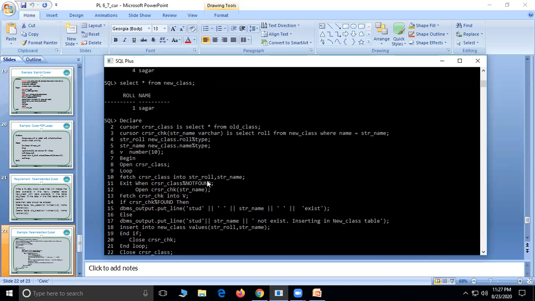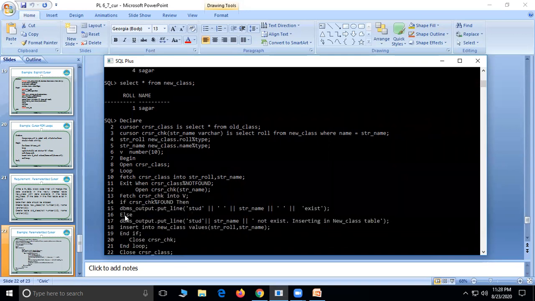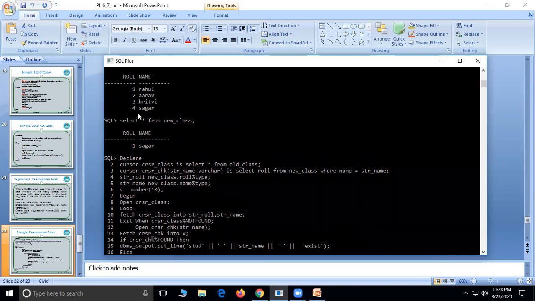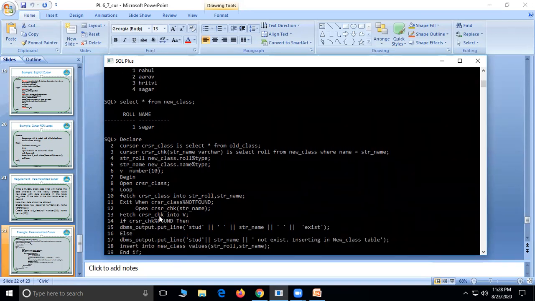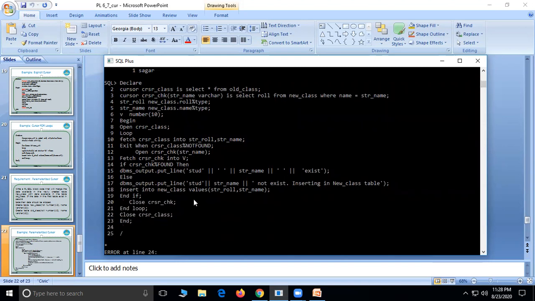Like this, the second, Arav, will be checked, and Ritvi will be checked; all three will go into the else part. But when the fourth, the name Sagar, comes, then %FOUND will return true and it will say that it exists and skip that insert.